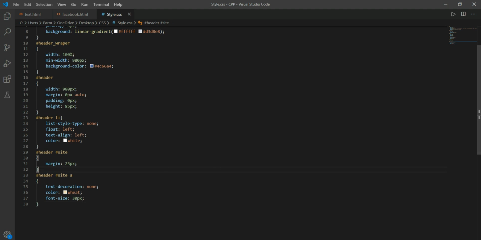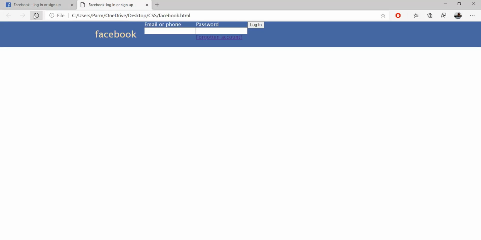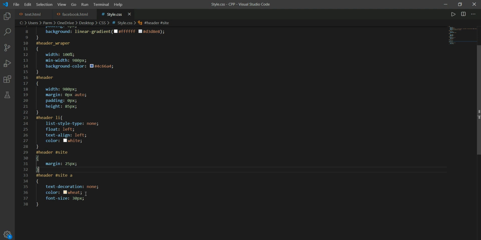I'm just saving this, and here we go. Refresh this. Look at this. I think this color is not white, something wheat has been applied over here, so we want this color to be white. So here I'm using the hex scheme. So this is white color. Saving this.